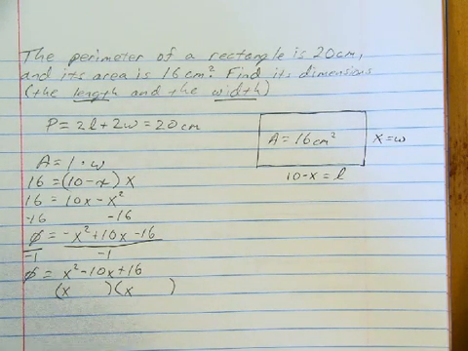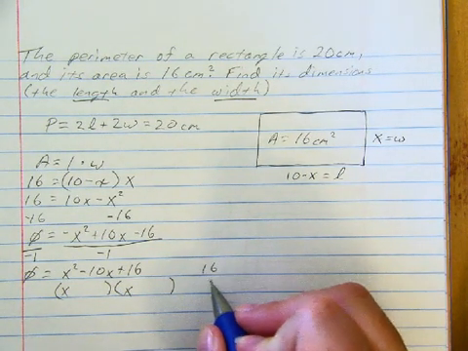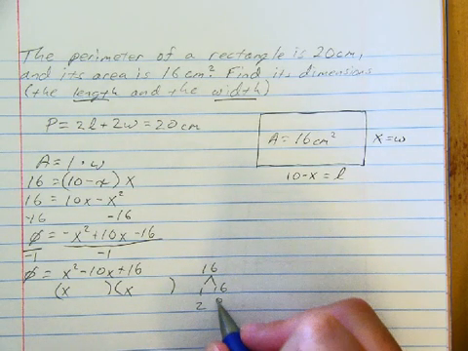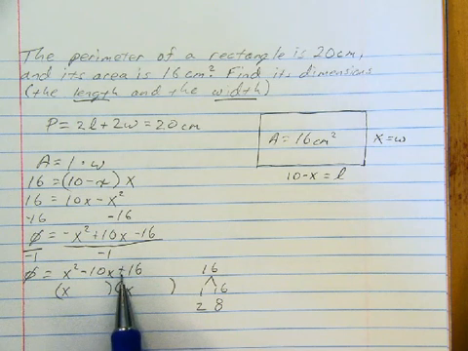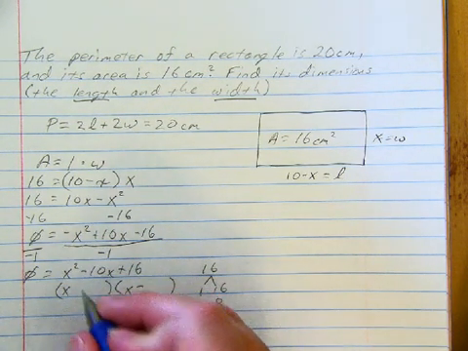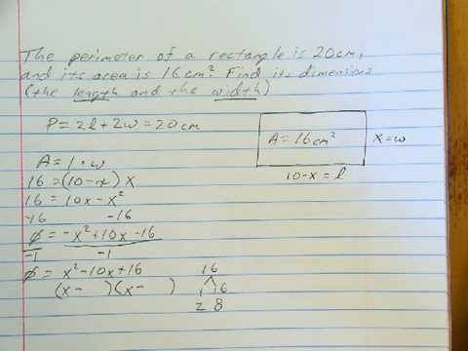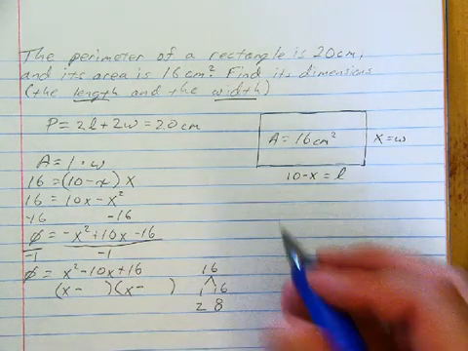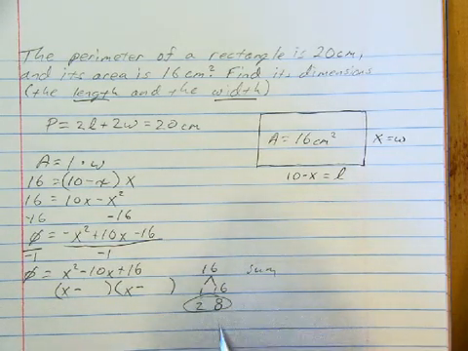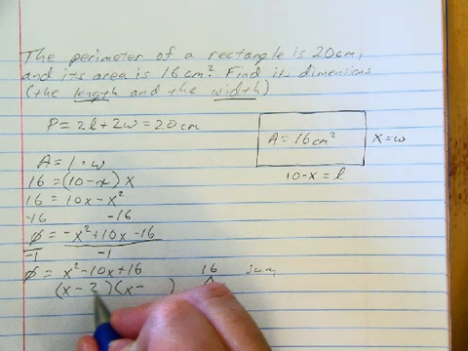So dealing with the 16, 1 and 16, 2 and 8. Let's see, we have a positive sign here, a negative here. That means they're both going to be negative. Negative times a negative is a positive. So we want the sum to be 10, which is this one right here. So we're going to go 2 and 8,